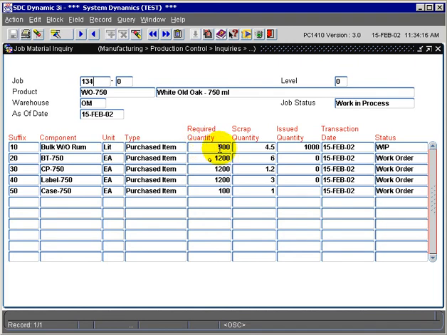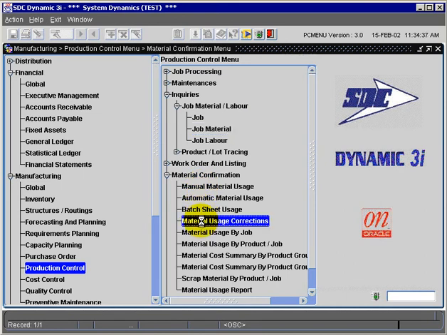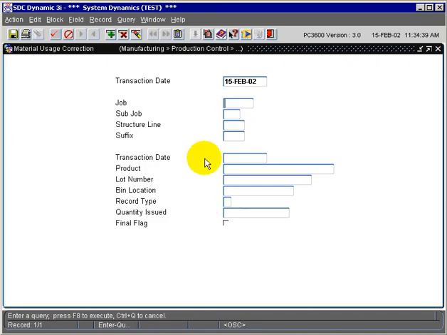This is the one that is incorrect; it should have been 950, or a different issued quantity. So I'm actually going to reverse this out, and we'll see the effect of it as if it never occurred. So we go into the material usage corrections again, which is where we started, and